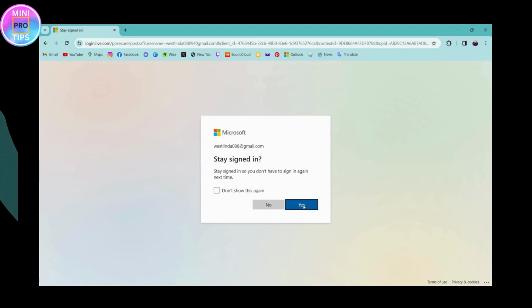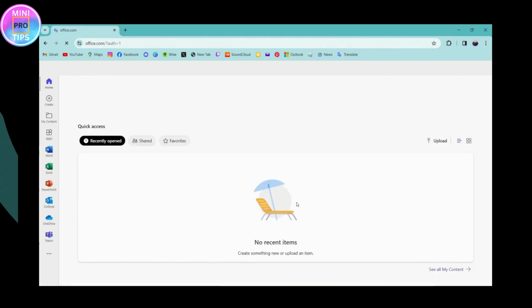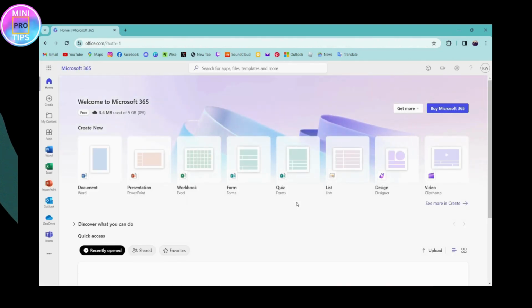And if you want to stay signed into your Microsoft account, then click on yes. And that's it. That's how you log into your Microsoft Office